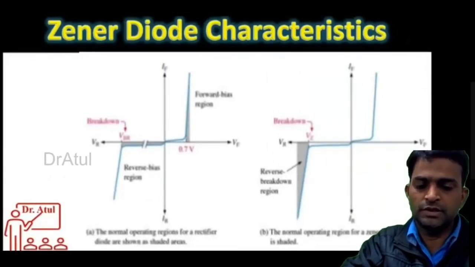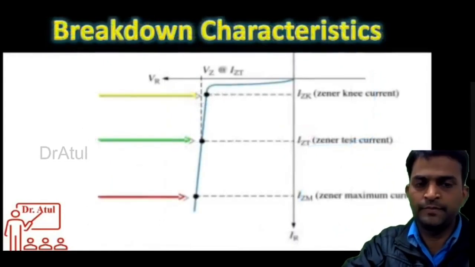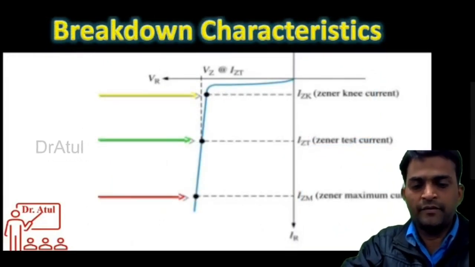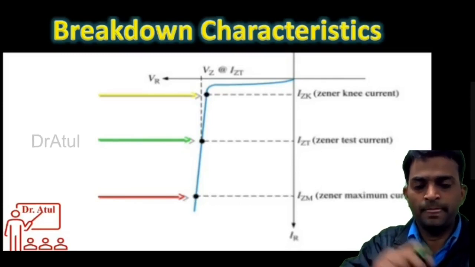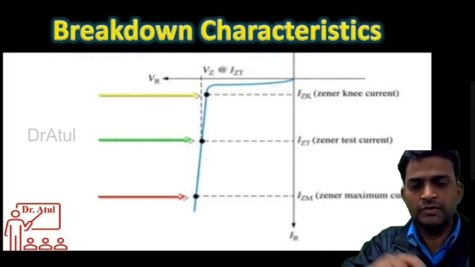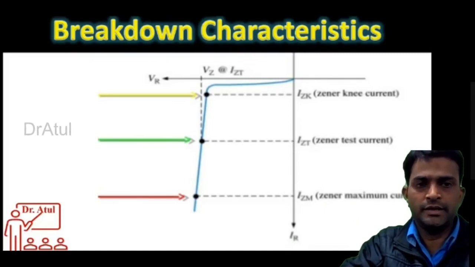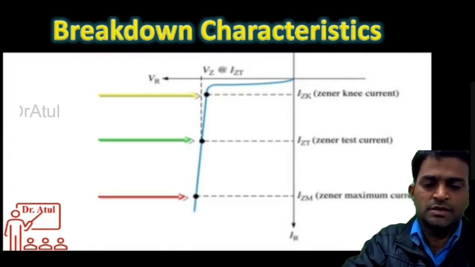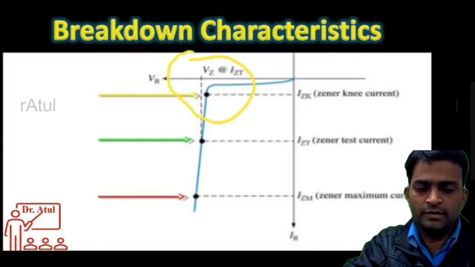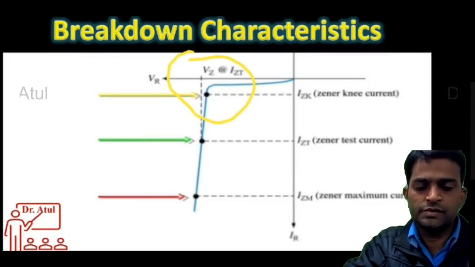So this is the difference between a normal diode and a Zener diode. And if I take an ideal Zener diode, then there will be a difference in the characteristics. I will show you soon. And here in this slide, I have broken down the Zener diode breakdown characteristics in detail. So you can see that this shape is like the knee of a human. So this voltage is the Zener voltage, also called the knee voltage, and at this knee voltage the current flowing is